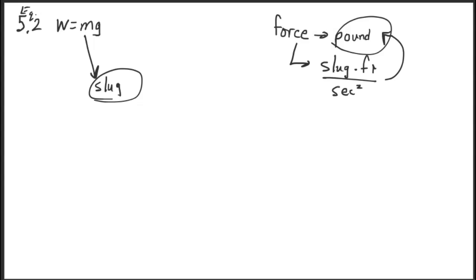So let me read the paragraph on page 149, which begins, "This is one of the first places..." It's the paragraph just above the bold text near the bottom of page 149. Let's read through that. This is one of the first places students get confused when dealing with problems that use